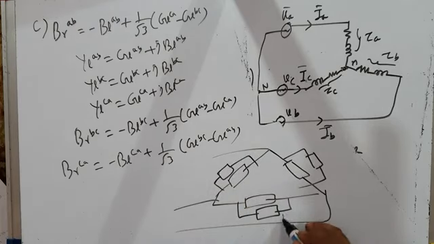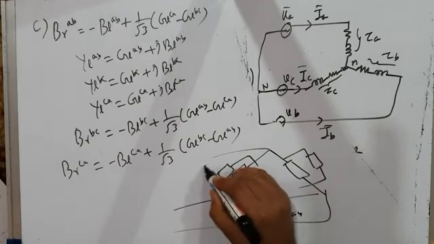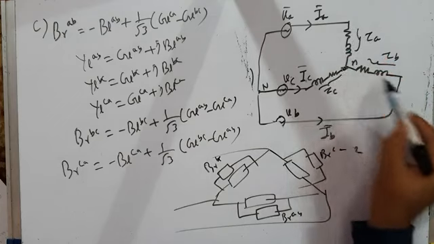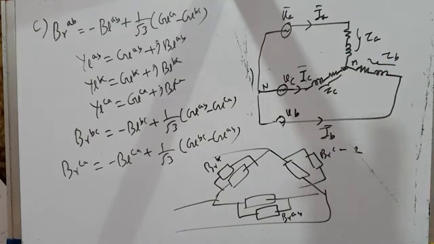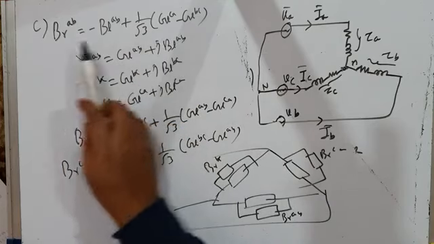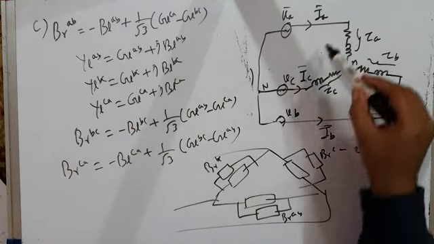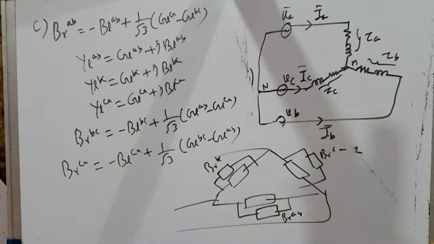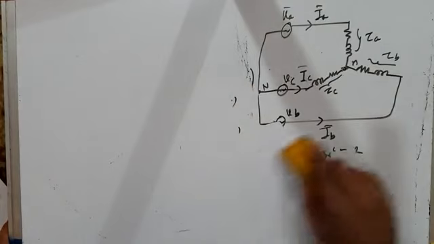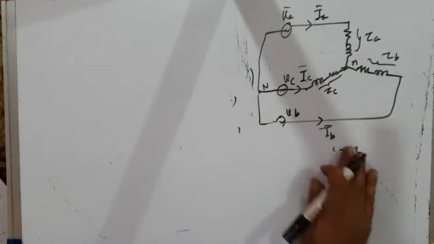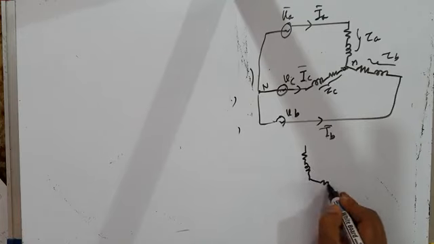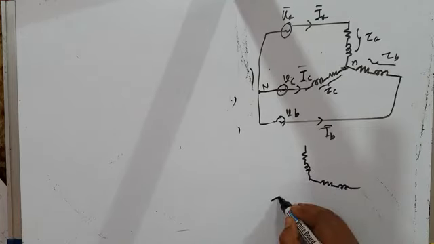For example, this is B gamma AB, this is B gamma BC, this is B gamma CA. But what type of load are we given in the problem? We have a star connected load. So our first job, if we want to use these formulae and calculate compensator susceptances, is to transform this star connected unbalanced load into an equivalent delta connected unbalanced load. For that you should know the star delta transformation, and in your circuit theory and basic electrical engineering, you have already been taught that.